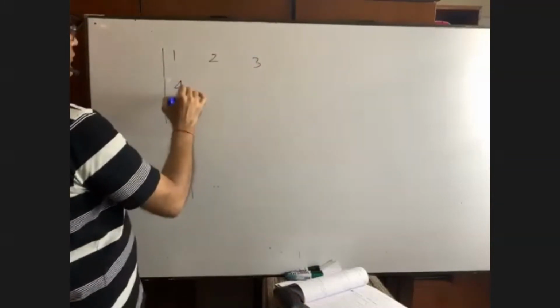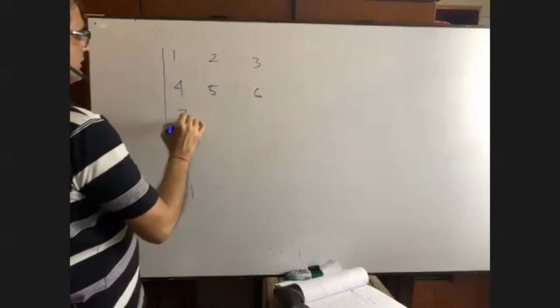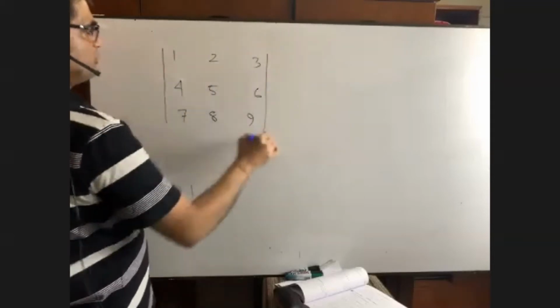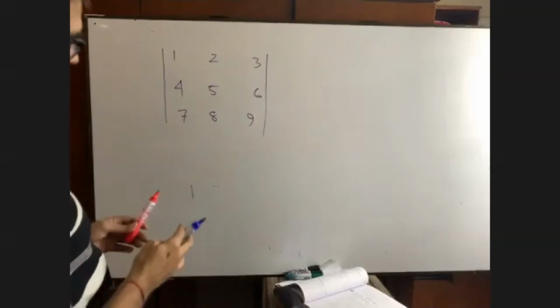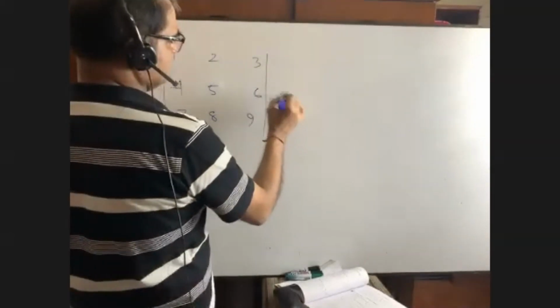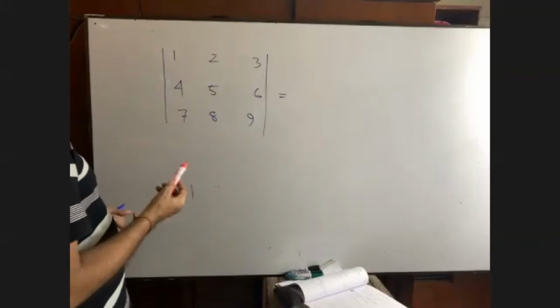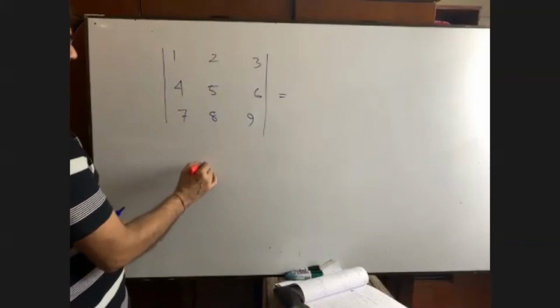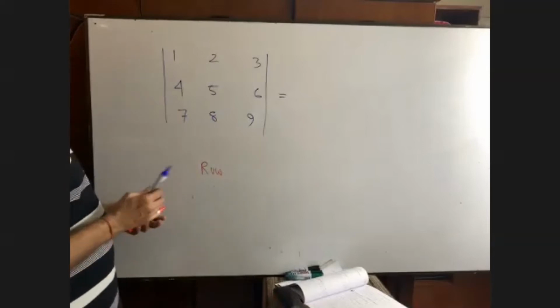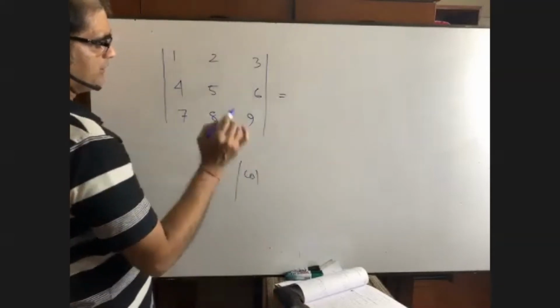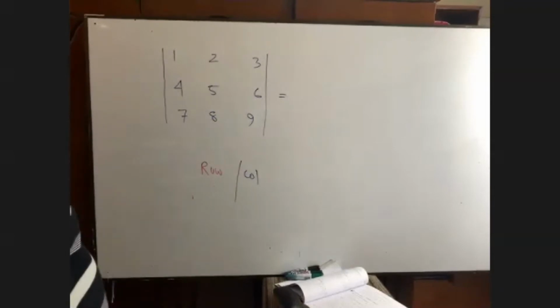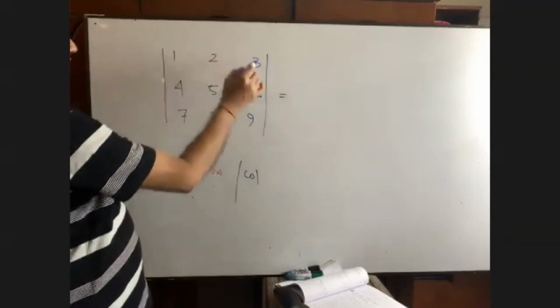Now, we again come to the first one, what I showed you. You please see, it was 1, 2, 3, 4, 5, 6, 7, 8, 9. At first I wrote this. Okay, perhaps you can remember. Now, suppose I am going to find this determinant value. What is to do, you know? You have to take either row, or you have to consider column. Anything. So normally the students and the teachers prefer to do the math along first row.